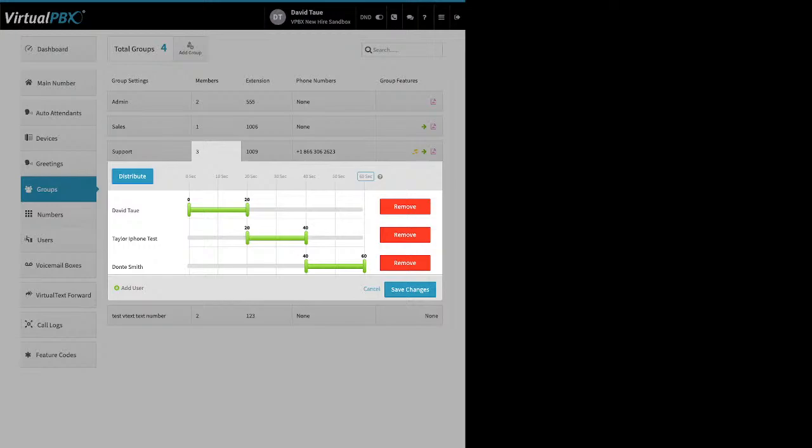Now, in a group, the system doesn't pay attention to whether the user is already on a call. So a call comes in, David answers. He's helping the customer. A second call comes in while David's still on that first call. David is still offered the call for 20 seconds, so he might hear a call waiting. After that 20 seconds, it goes to Taylor. So then David and Taylor are on calls. A third call comes in. That third caller is going to have to wait 40 seconds before Dante's even offered the